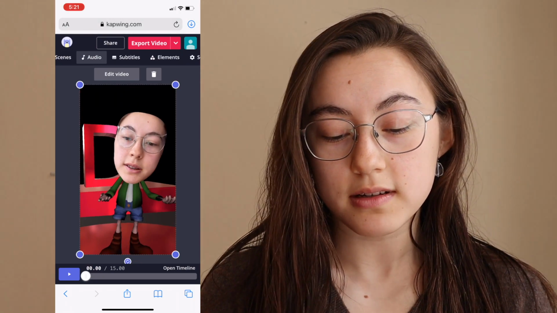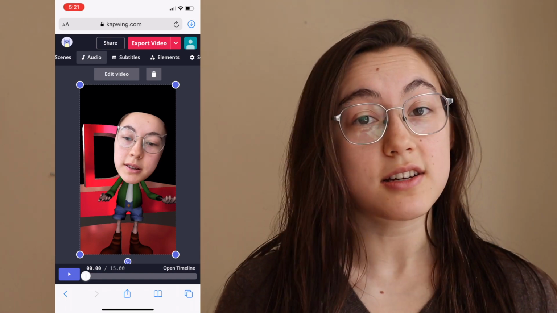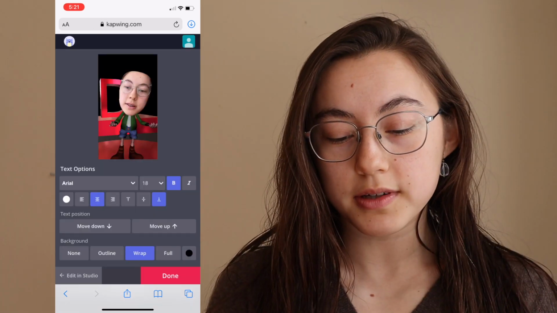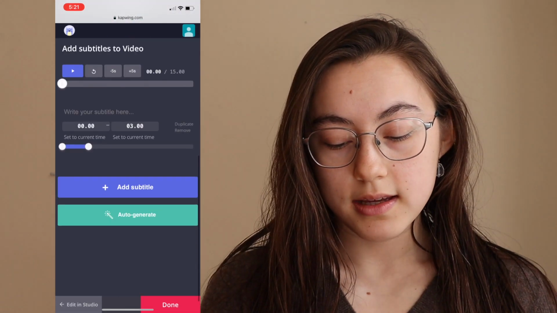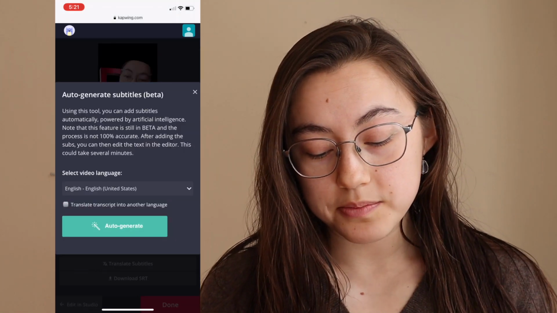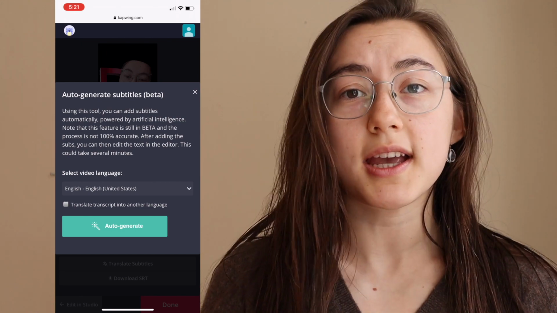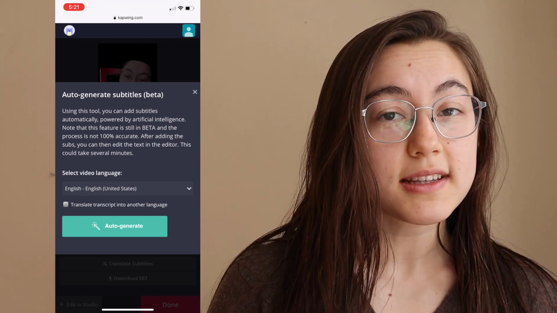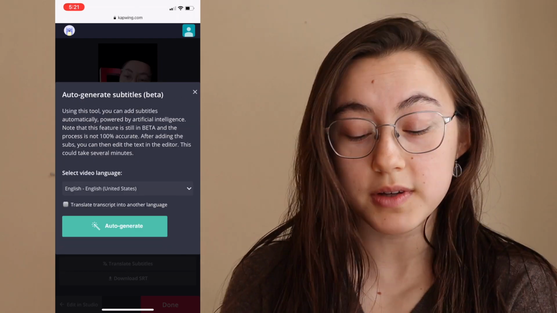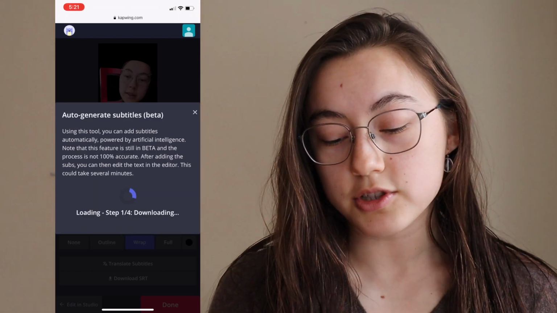So especially if your video is a little longer, it's just annoying to add a billion text boxes in TikTok. So this is a really easy way to just add subtitles quickly. In the top toolbar, you can click subtitles and then go down below. You can add the subtitles line by line if you want, but I would prefer to do auto generate, and for this you need to log into a Kapwing account, which is free to do. You can even translate the subtitles, so if you speak in English you can have subtitles in Spanish or some other language. I'm just gonna have an English transcript of what I'm saying, so just click auto generate and the